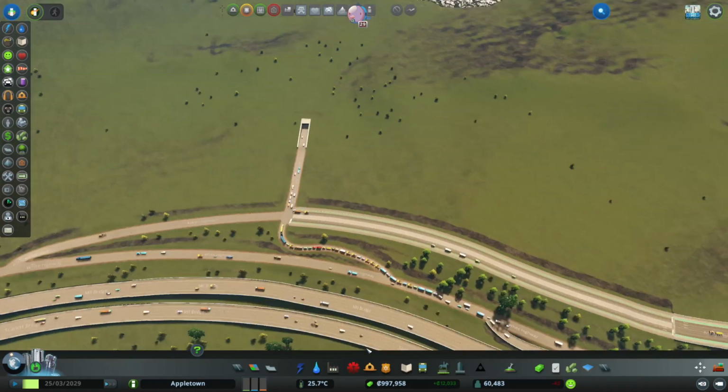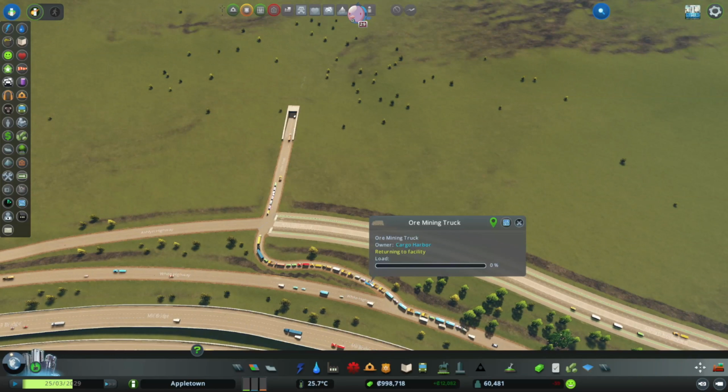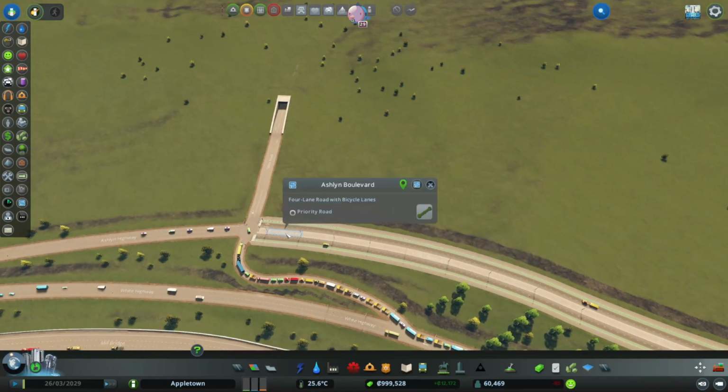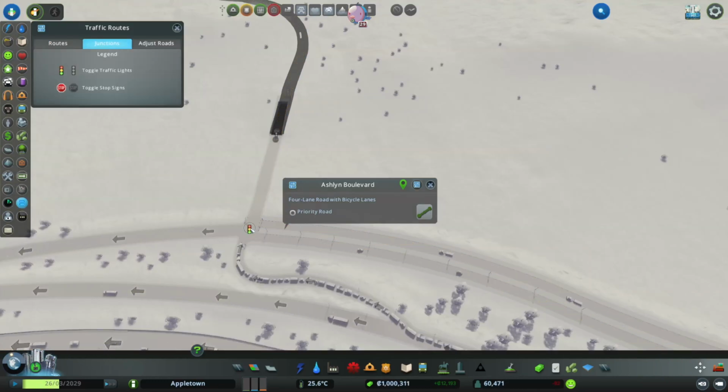Now, it looks like a lot of ore trucks are getting off. An ore mining truck is getting off here. So let's go take a look at intersections, junctions. And let's stop that way and stop this way. And give the...